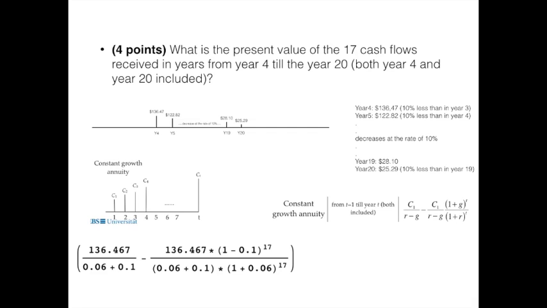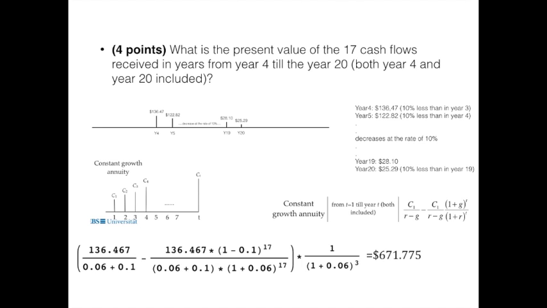And pay attention to one more thing. This formula has C1 over R minus G. What is G? G is minus 10%, is minus 0.1. So R minus G, when G is negative, actually becomes R plus 0.1, okay? And this formula will work, but it will now give you the present value of this cash flow stream in year 3. So you need to additionally discount it for 3 more years to calculate how much it is worth today. And you end up with